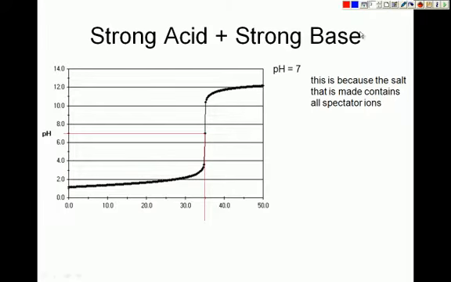Okay, today we're going to be talking about strong acid and strong base titration curves. Right here we can see that we have a strong acid, and it was titrated against a strong base. So it starts off quite low, and then as we add more and more base, so on the bottom right here, this is the amount of base added,